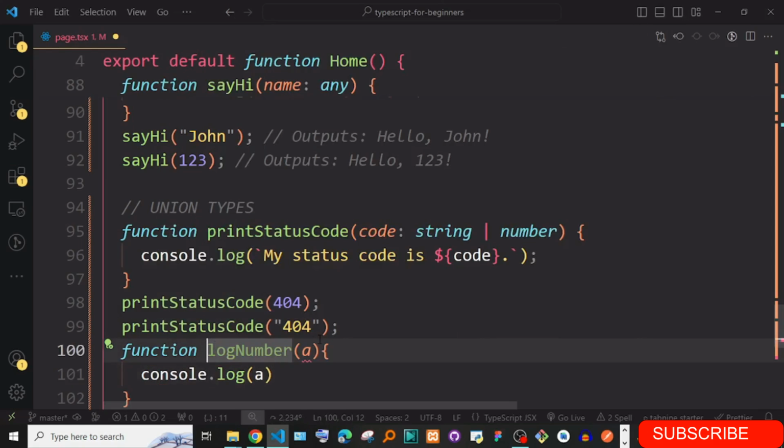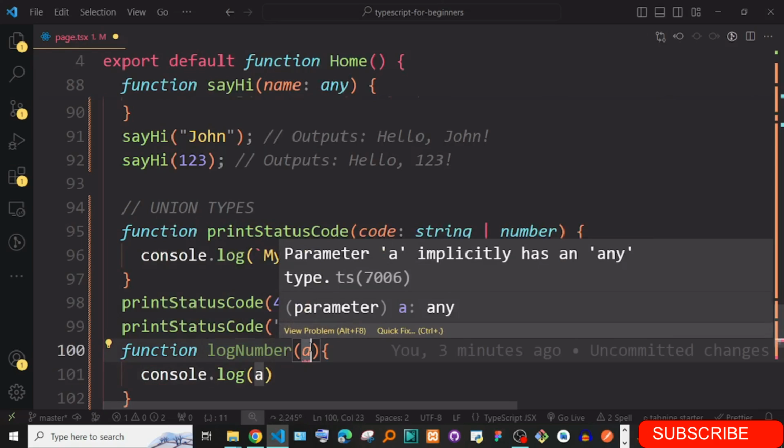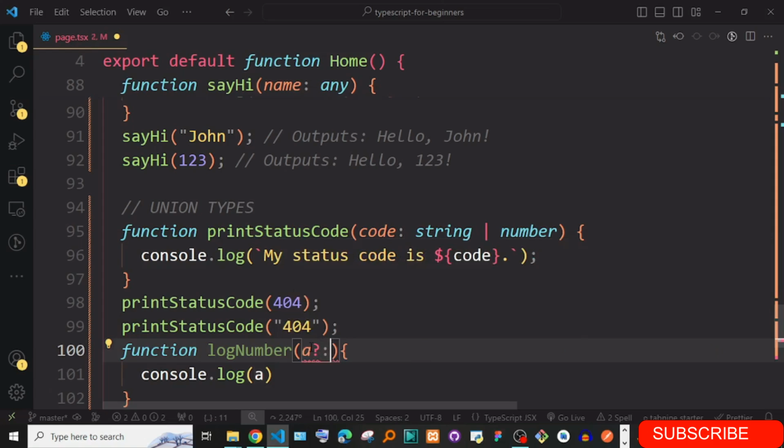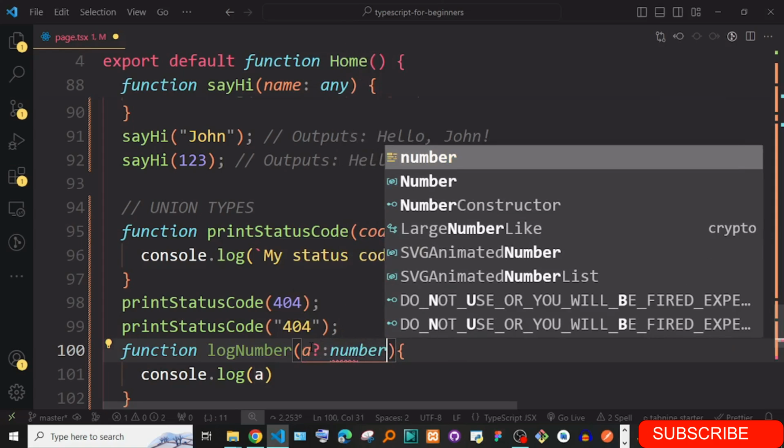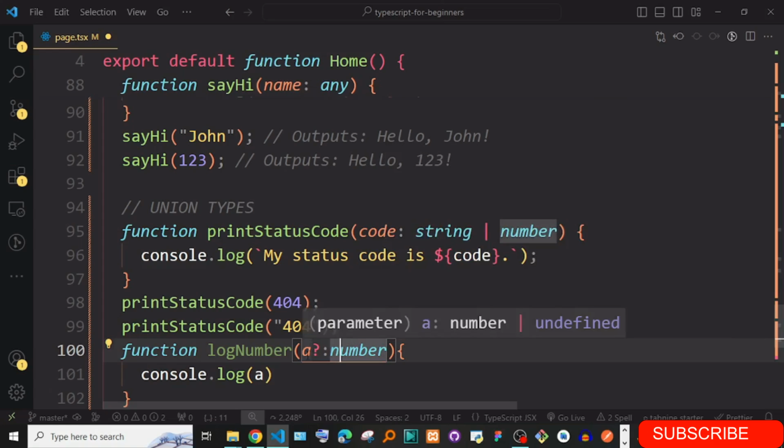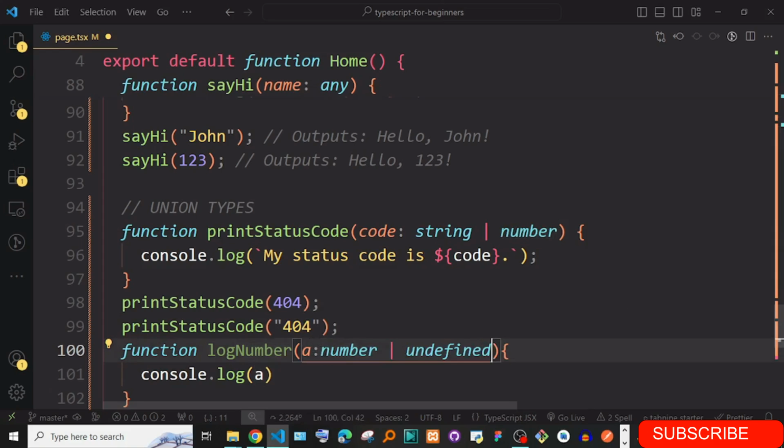Now you can give this an optional type. When you say this is optionally maybe a number, if you hover on this, you can see that it is giving it number or undefined. So if I copy this with Ctrl C, I can remove this and replace it with this, and this works. So you can just say a is going to be a number or undefined.